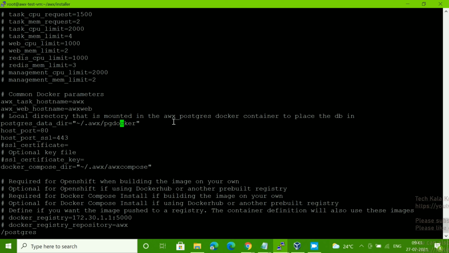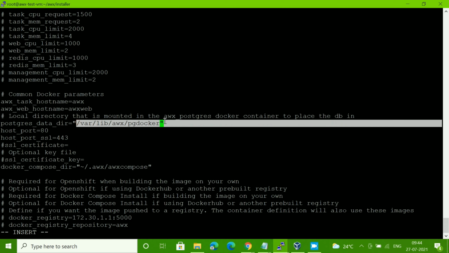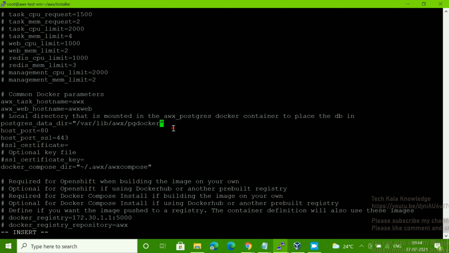Sorry for the inconvenience, because lots of things were running on my server. Now it's fine. So now we have to give here /var/live/awx/pg docker. Okay, copy this one. Now we have to change the same thing here in the docker compose directory. We have to remove this one.